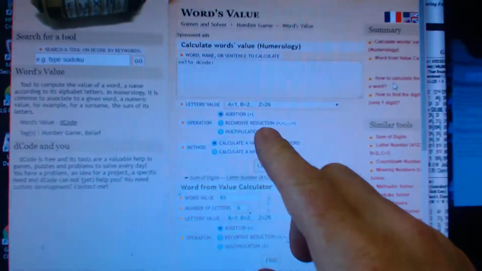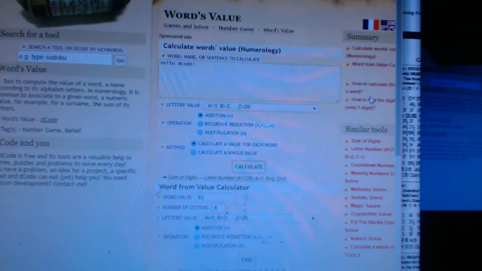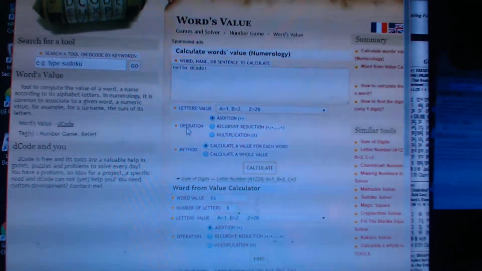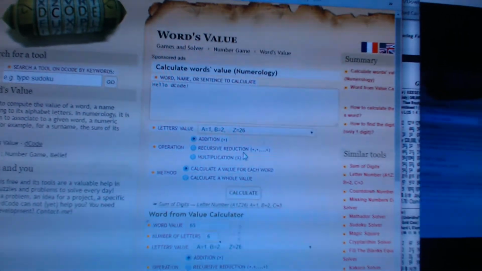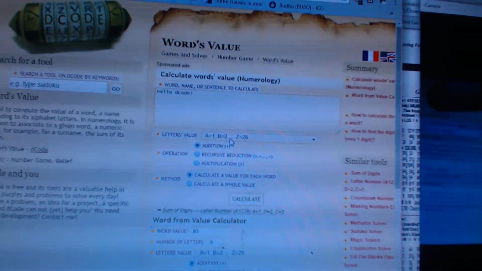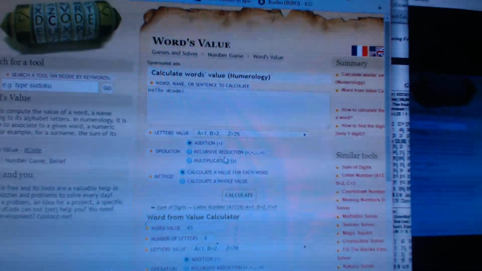And the program is a value word calculator, and it's right over here. If I can get this to focus. Okay, it shows you A1, B2, Z5, and now I can switch that. There's different operations that I can create over here. Recursive reduction, multiplication of a word, right? Where it takes the 1, 2, 3, 4, 5, and it either adds the word up or it multiplies the